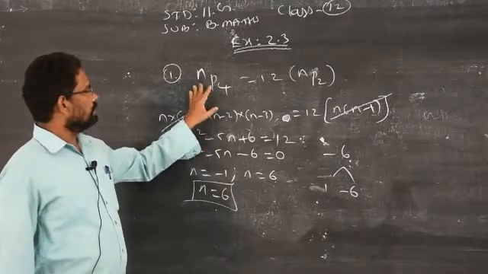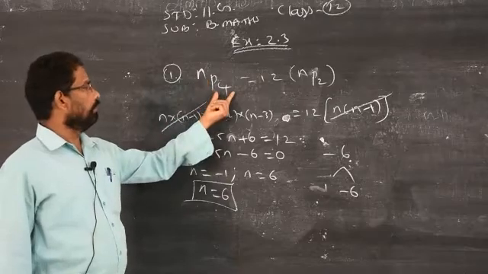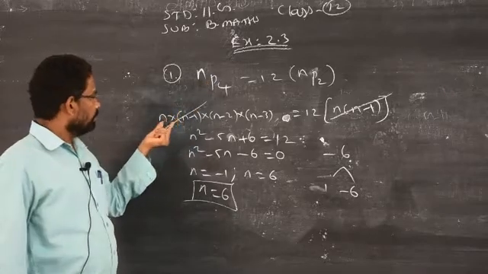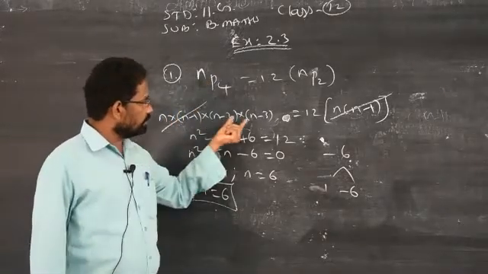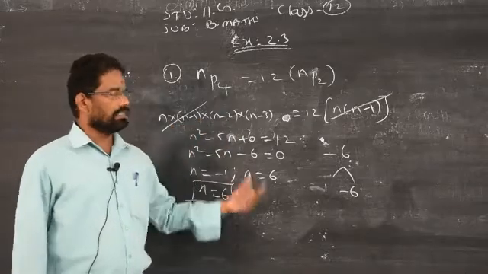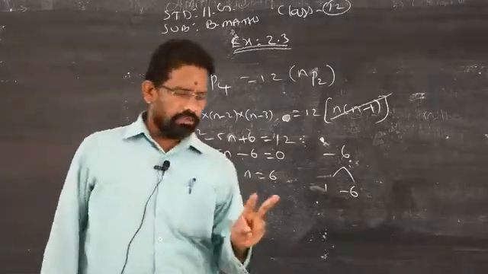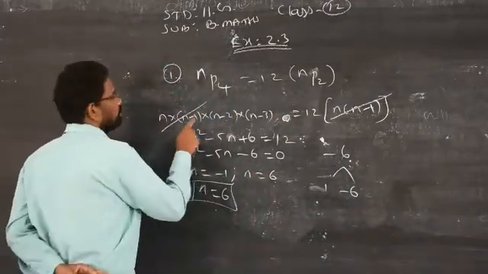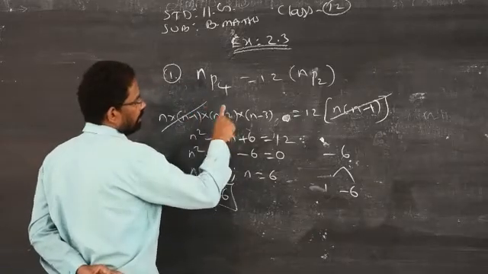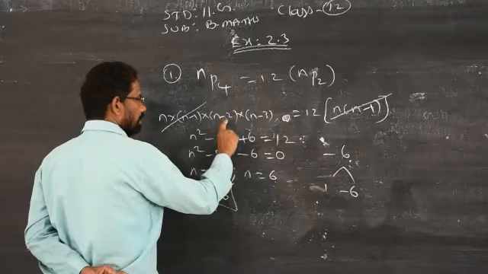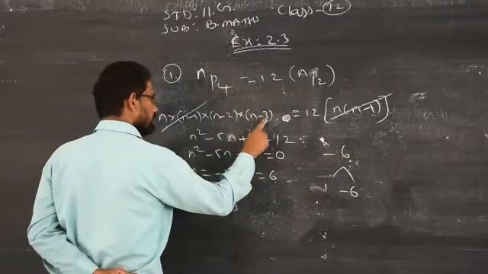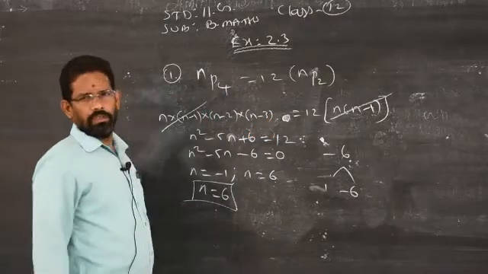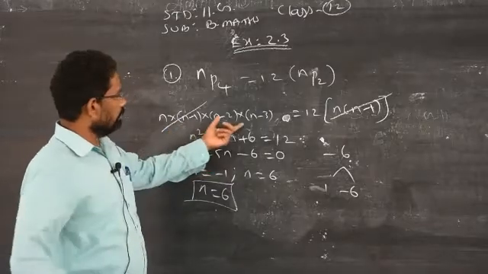Just you should know how to expand this one. You have to write 4 numbers starting from n in descending order. So I am writing n. In descending order you have to decrease under multiplication. Factorial stands only for natural numbers. What is the difference between consecutive natural numbers? That is 1. So you have to subtract: n minus 1, again minus 1 gives n minus 2, again one more minus 1, that is n minus 3. 4 numbers enough. If it is 5, you have to write one more. What will come? n minus 4. Clear? Do you have any doubt how to expand this one?